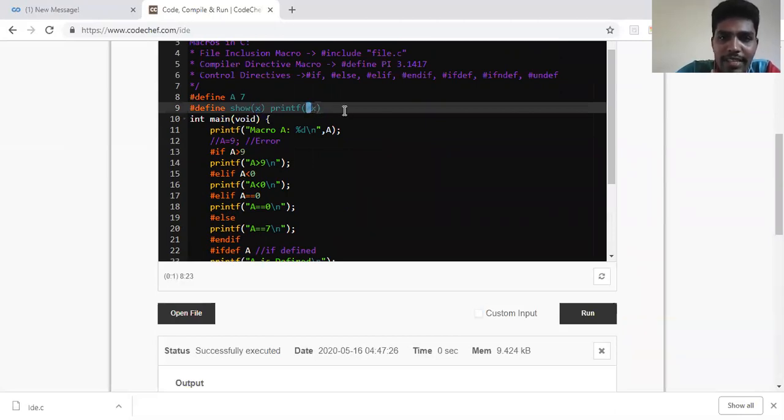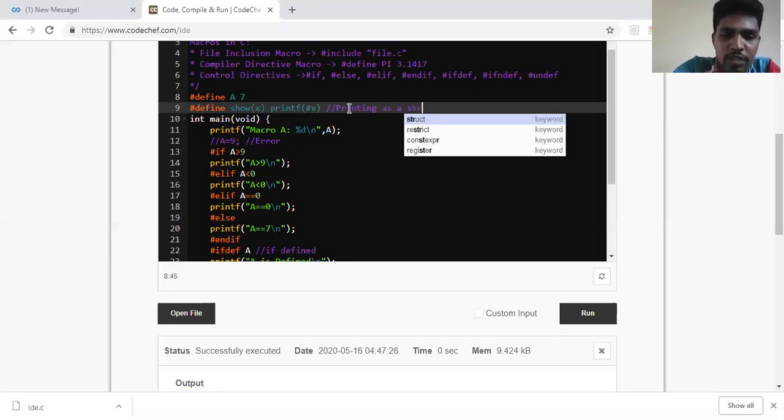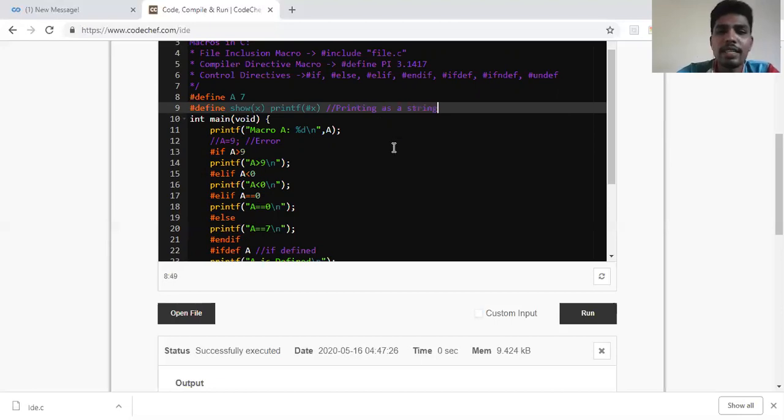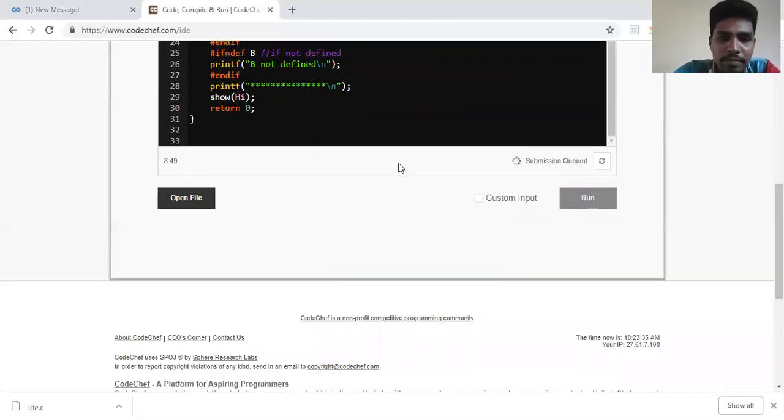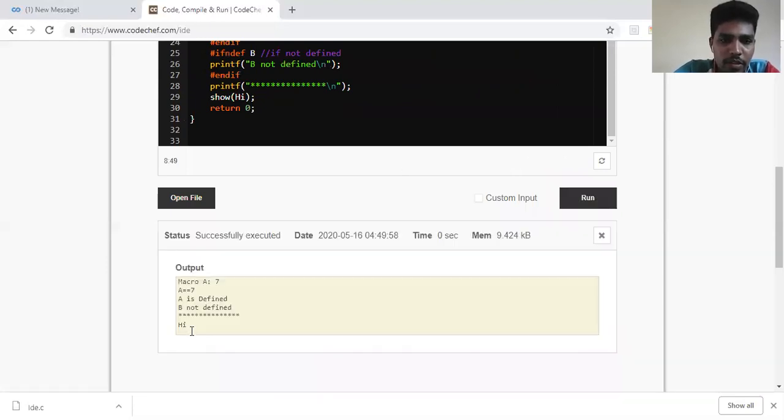It tells that x has to be taken as a string, printing as a string. So your x will be printed as a string. So we'll run and we'll see whether hi is getting printed. Okay, so you can see here hi is getting printed.